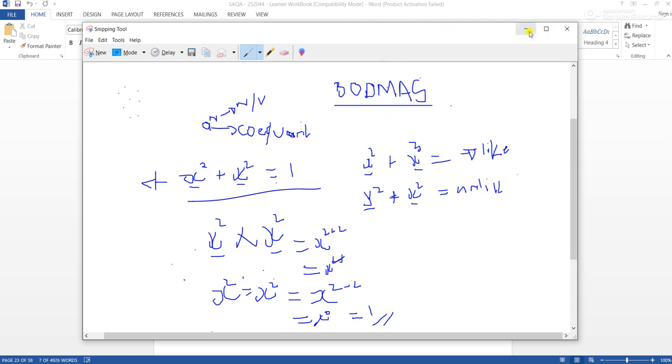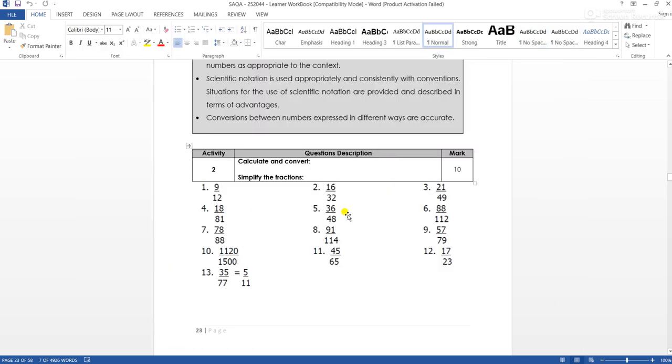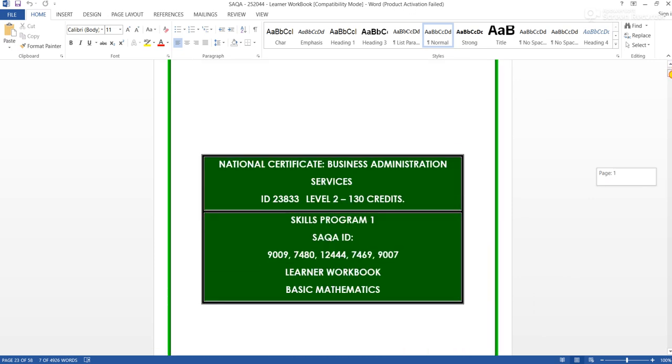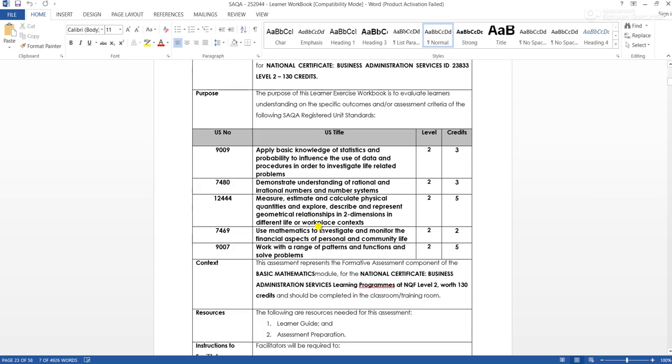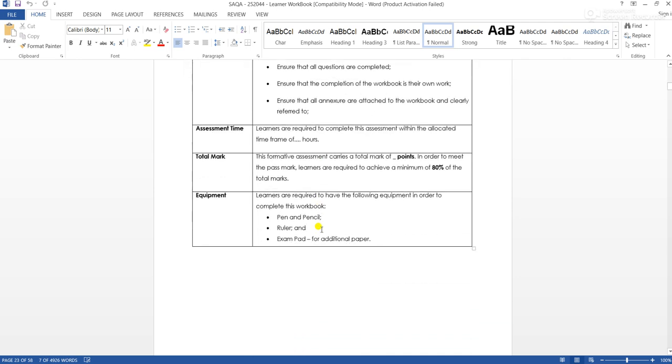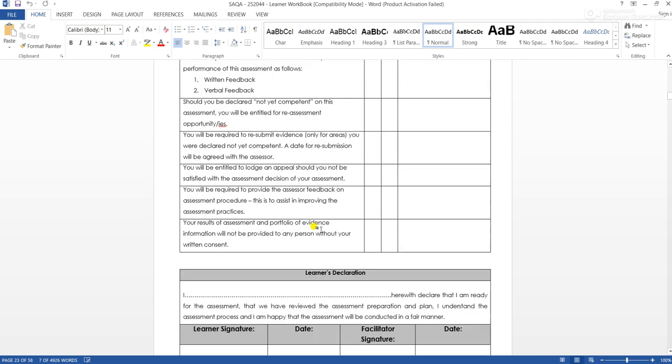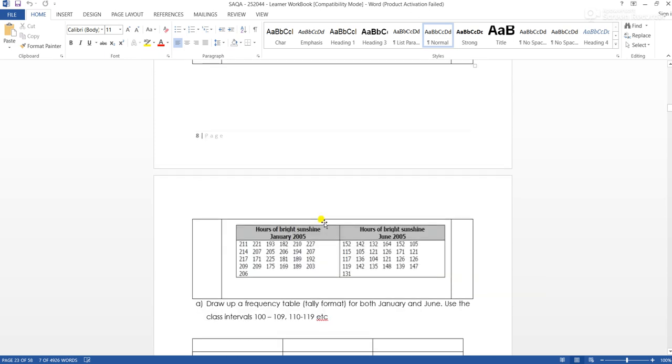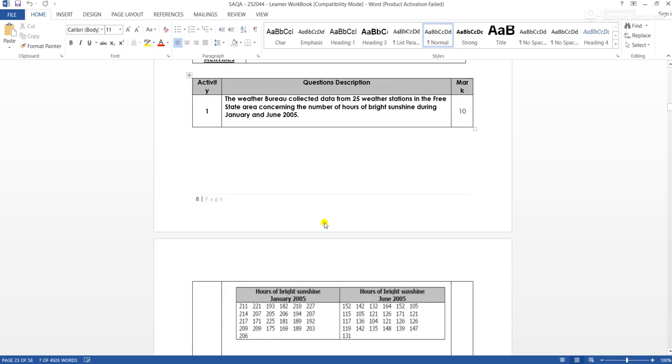So we can just go through your learner guide. On your learner guide, I've got your formative assessment, and I would encourage you to attempt it. So far we've covered 2 unit standards. We've covered 9009. So on 9001 session 1, for activity 1, the Weather Bureau collected data from 25 weather stations in the Free State area